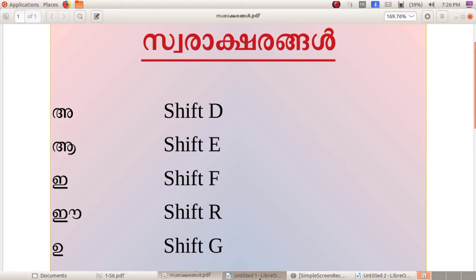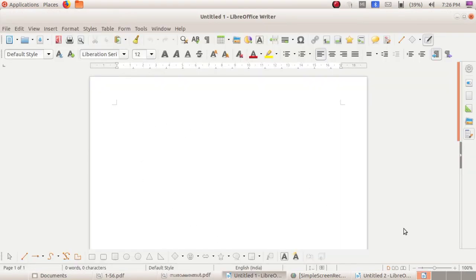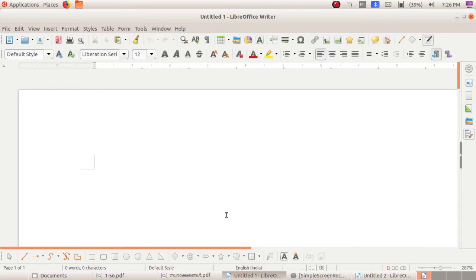I will just show that. This is our LibreOffice Writer. If you want to type A, press the Shift key on your keyboard. Now I am pressing it. Press the Shift key, then click on the key D. See, the letter A is displayed.